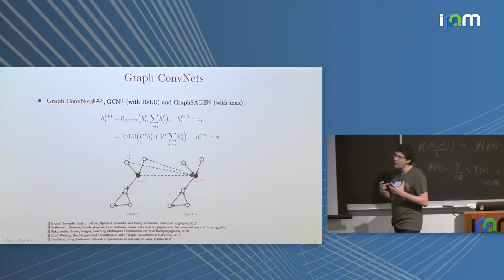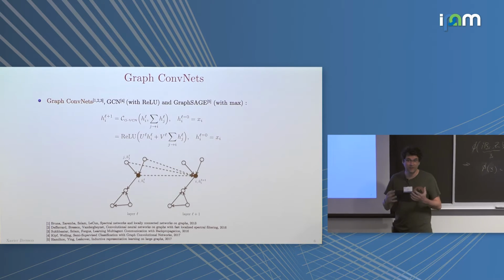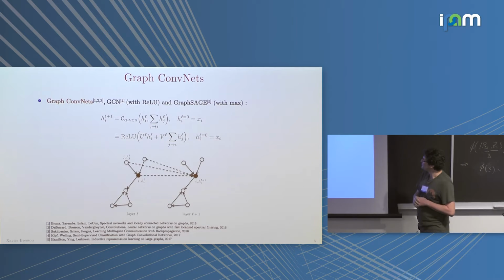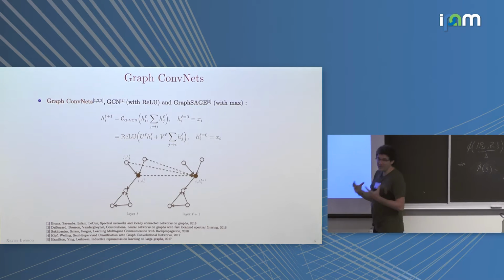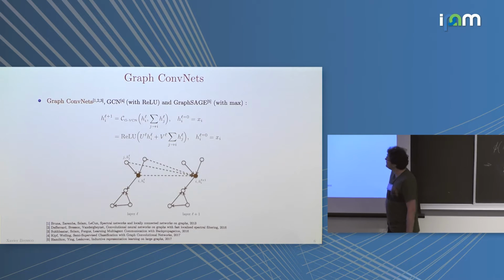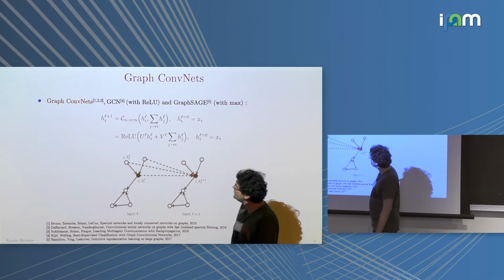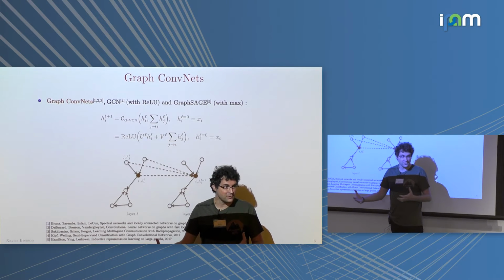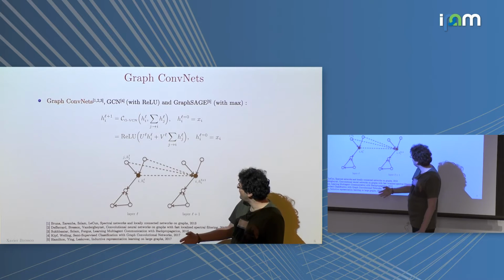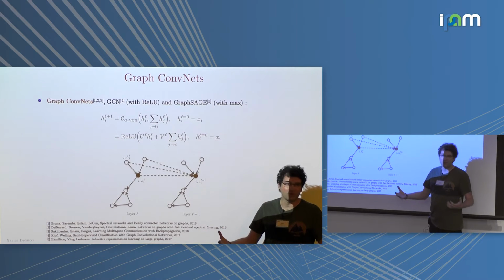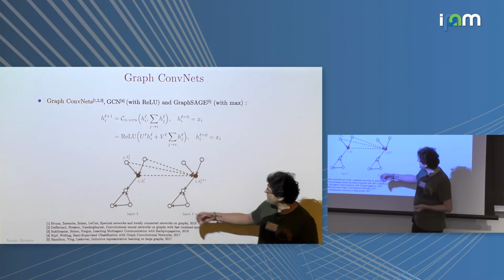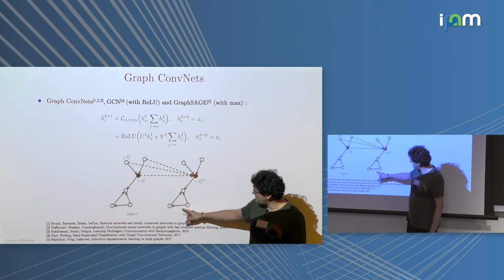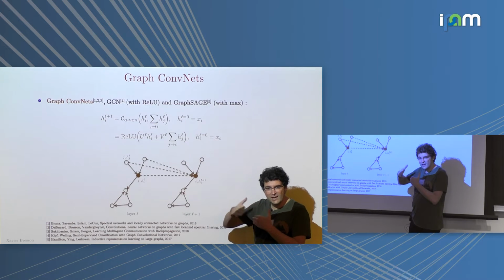So another very powerful class of neural network is convolutional neural networks. This is a very powerful class for image processing and computer vision, and what we try to do with other people is to generalize convolutional neural networks to graphs. This is very similar to the traditional ConvNet. So the idea is, if you want to get a representation of your vertex i, at layer L+1, you're going to stack many layers.